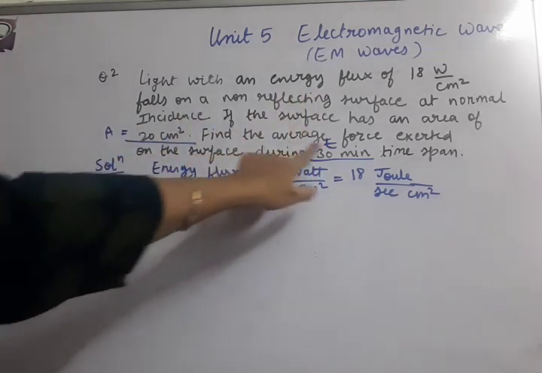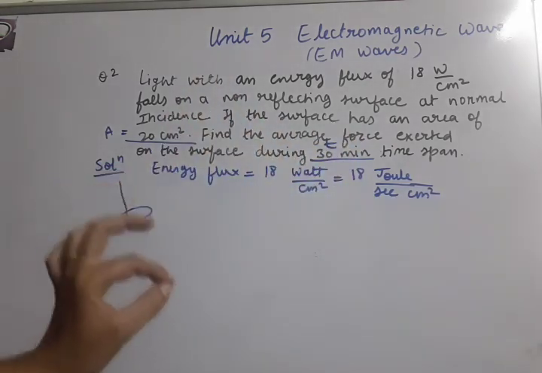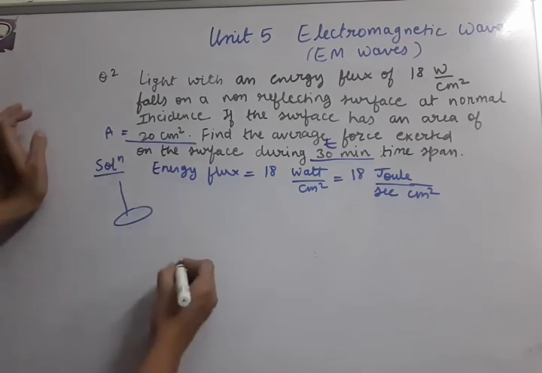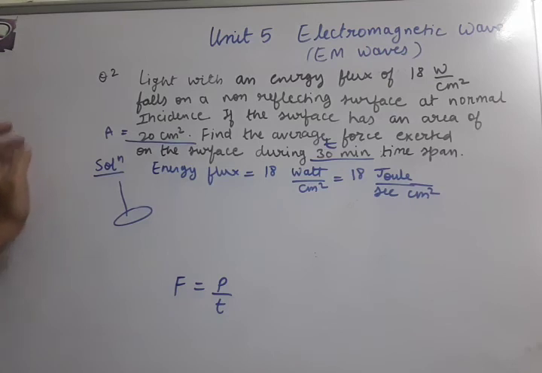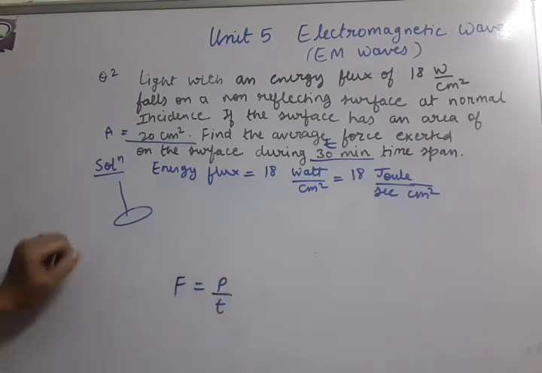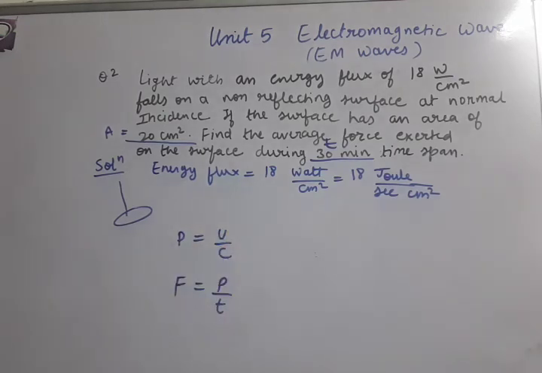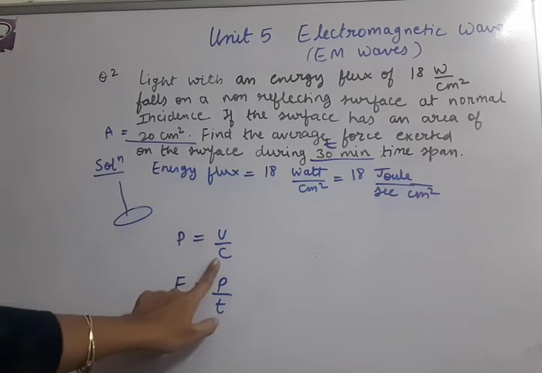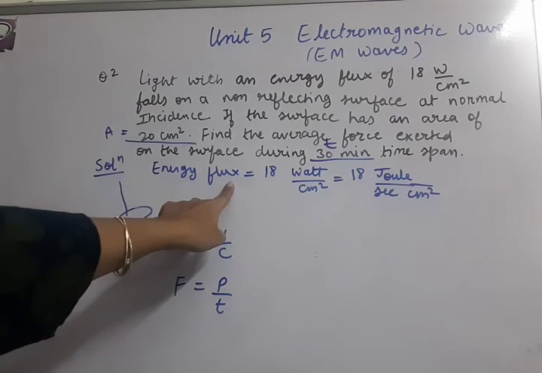And what we need to calculate? Average force. Okay, here we will calculate the force with the help of momentum. So let us go reverse. We need to calculate force. Force is dp by dt, that means rate of change of momentum. So momentum change per unit time, that will be called force. So we need to calculate momentum. For momentum of EM waves, we have to apply energy upon C formula. Momentum, energy upon C. For energy calculation, we are giving the hint energy flux.